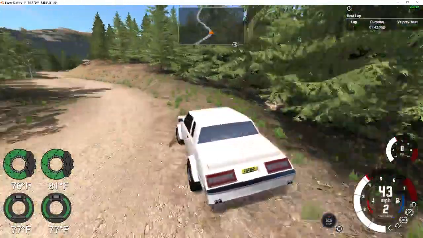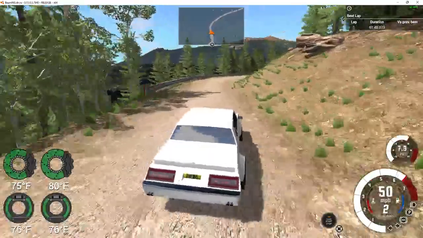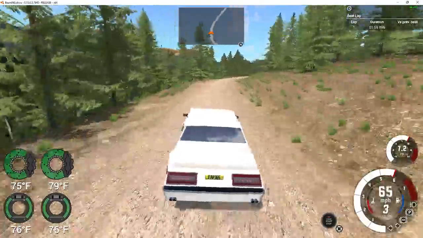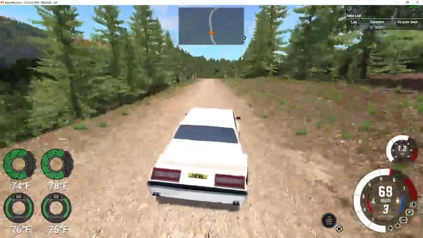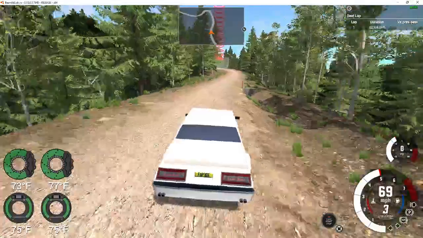Oh, there's some of that quality BeamNG optimization. I tap the brakes and the lights cause the game to glitch. There's quite a bit of lag here. The long time between gears is not doing this thing any favors. But 70s technology, so...